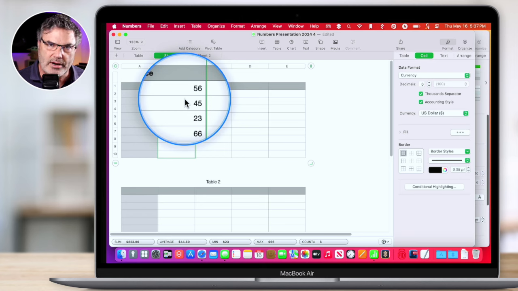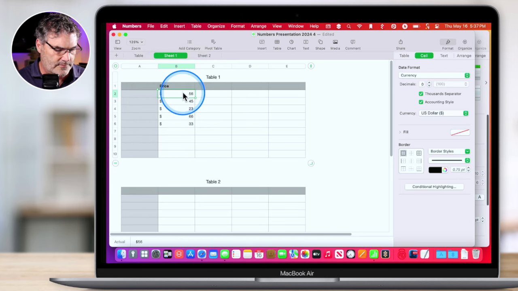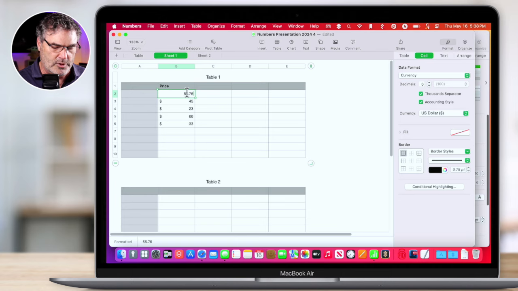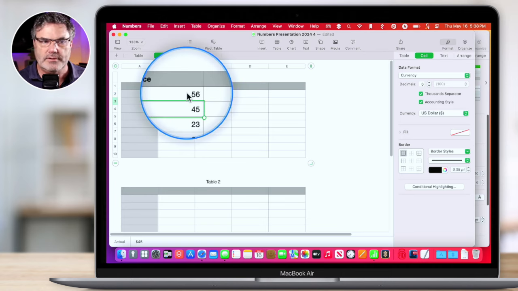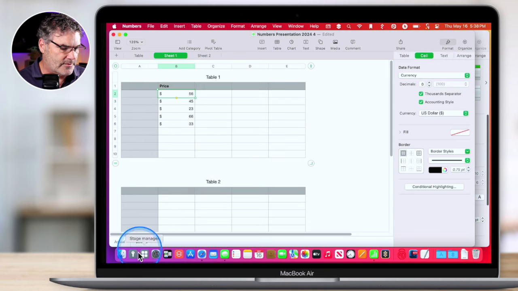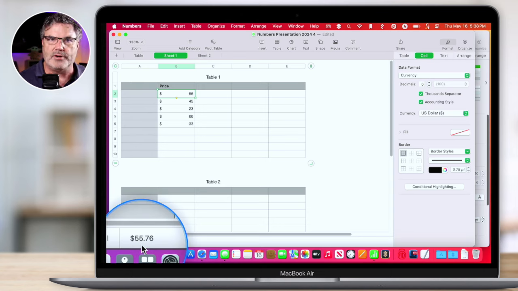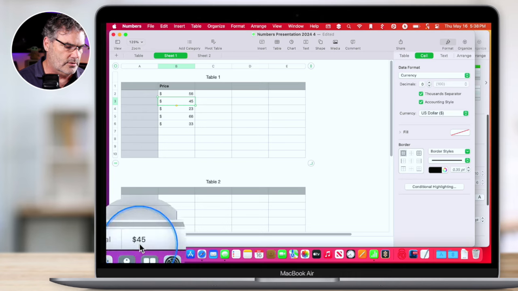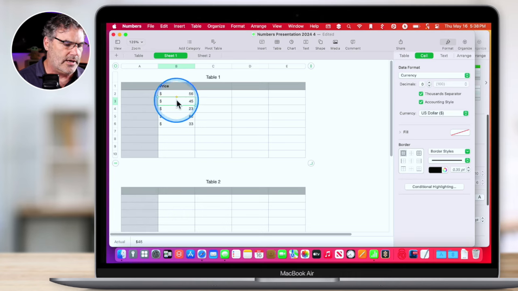It's still there. If I were to go $55.76, right? So I'm putting the whole number in there, but watch when I hit return. It rounds it up. But it still does have the complete number in there. If you go down to the lower bottom, you can see what the contents of that cell is. So I can click on this, and we can see that is actually $45. But if I go